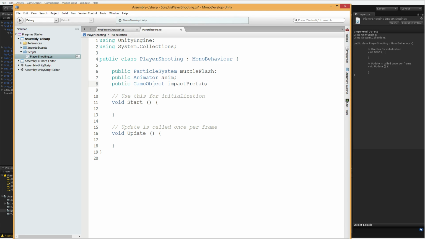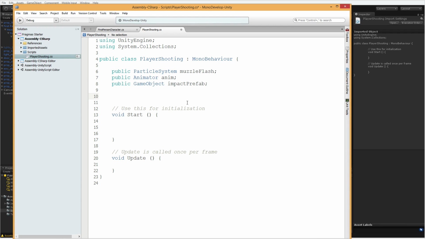All right. And then inside start, I'm not going to create and destroy an impact effect every time I fire the gun, because that's wasteful. And especially with networking, we don't want to be wasteful at all. So I'm going to have just a collection of impacts that I'm going to move around when I actually shoot. There's a couple more variables I want. So with that in mind, I'm going to create an array of game objects, which I'm going to call impacts. And these are going to be all of my gun's impacts.